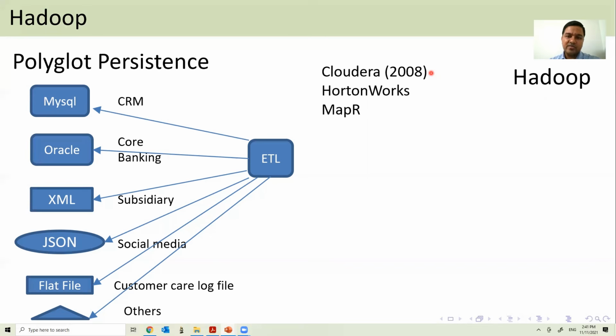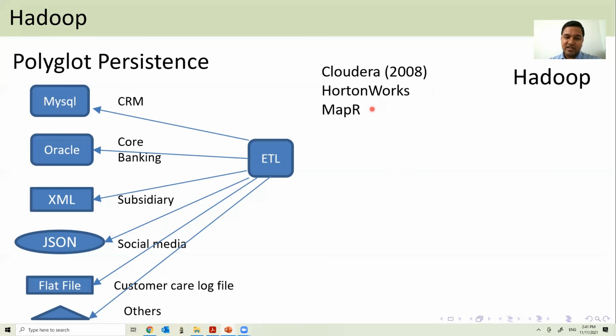They also have a free version, but they also provide a commercial solution. Cloudera also had a free version and also provides a commercial solution. Then people who left Cloudera and Hortonworks together formed a company called MapR. MapR is actually an Indian company based in Bangalore, and it was also making some name in this Hadoop world.